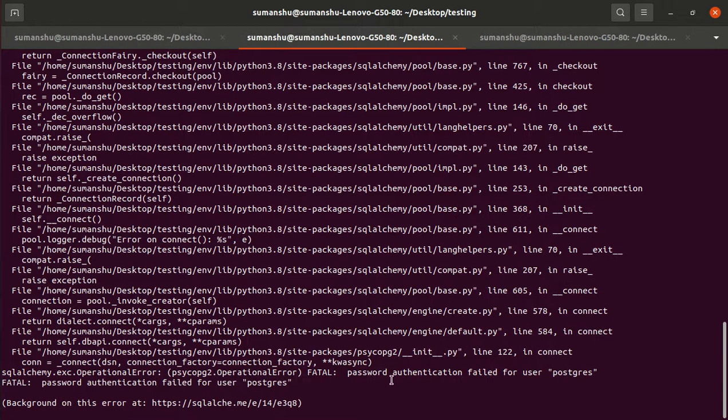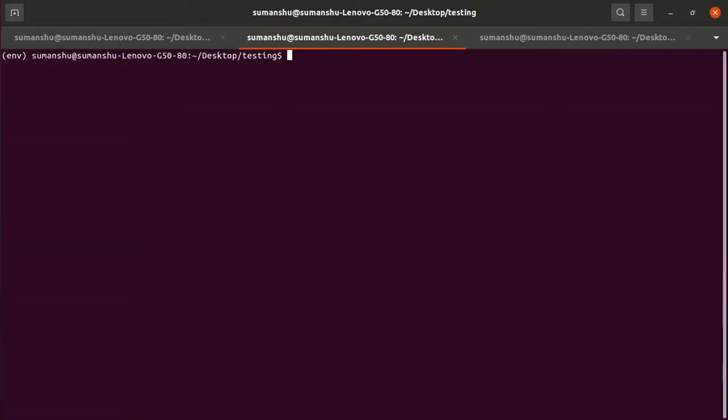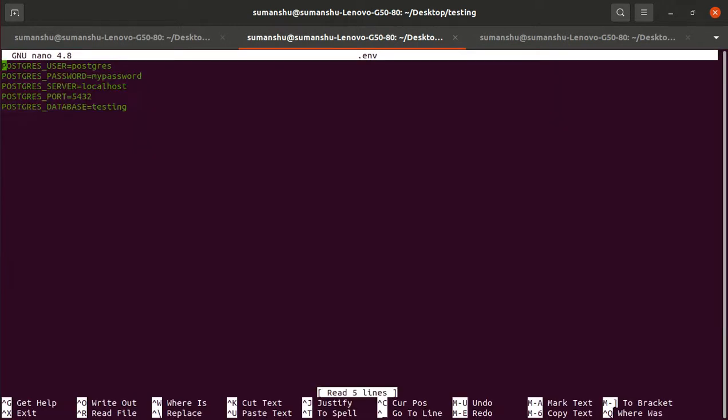Okay, now it failed with password authentication, because before creating the database it is trying to connect with PostgreSQL. So let me correct the password. You can set the password as well, and I will also show you how to reset the password. So it's my password.